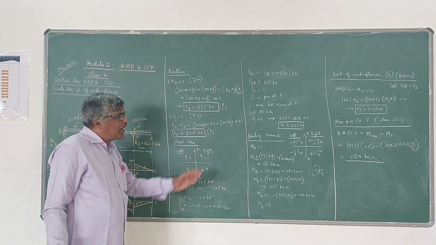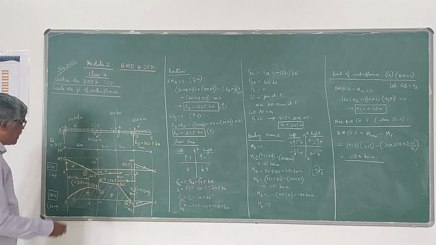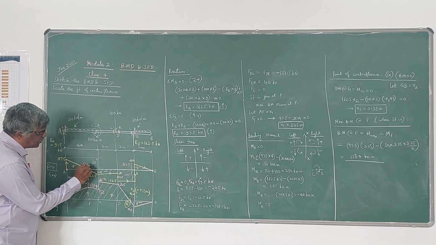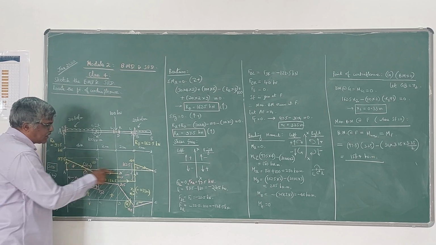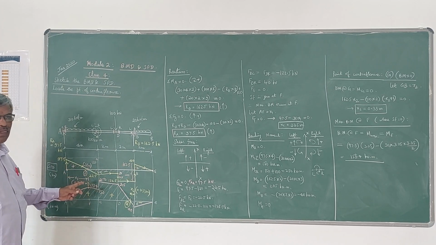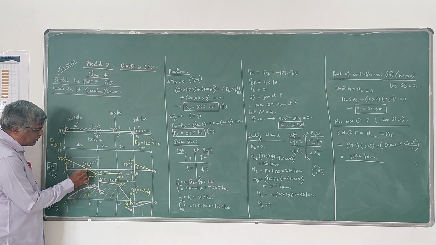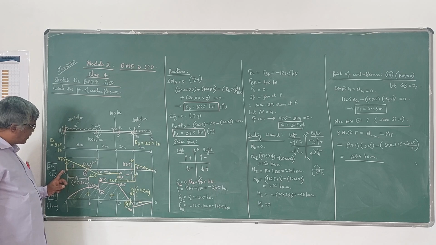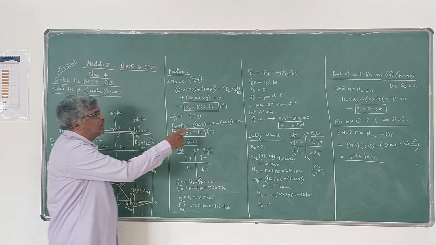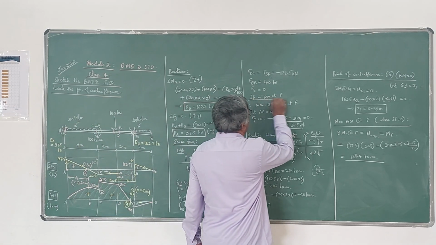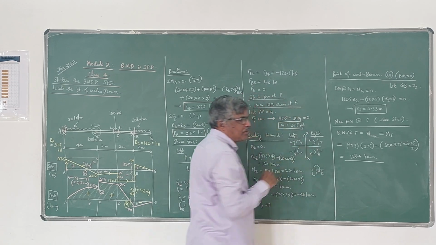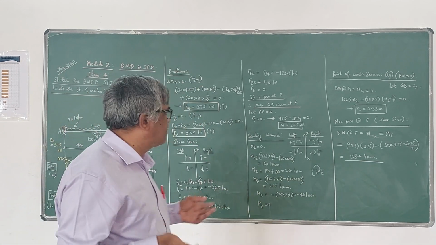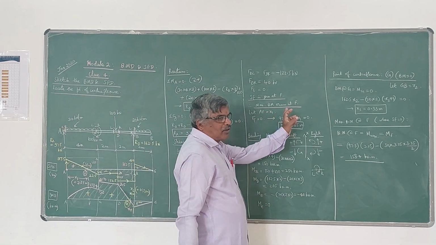Now, bending moment diagram. If you observe this shear force diagram, at some point shear force is 0. You see here at point F, you can observe that it crosses this horizontal line. That means it is neither negative nor positive. That means its shear force value is 0 at F. Now we have to find the distance of this point F from one of the ends. So that I have done here. You can see shear force is 0 at F. That means from the principle we know that at the point where shear force is 0, bending moment is maximum. So that value also we have to find out.